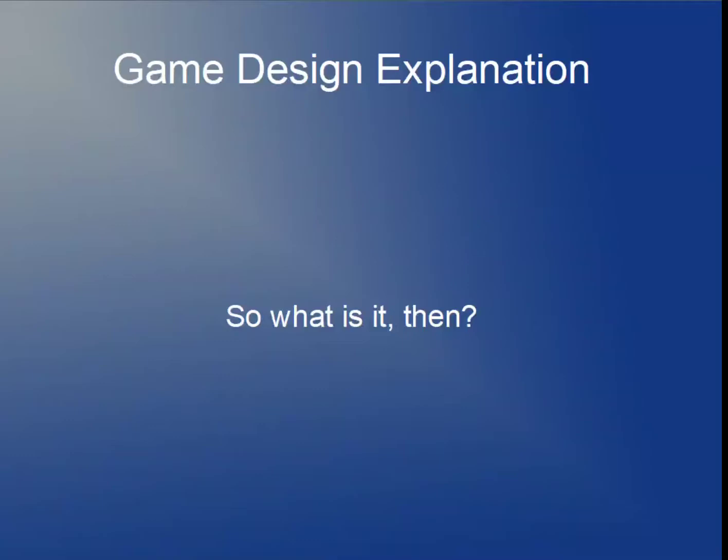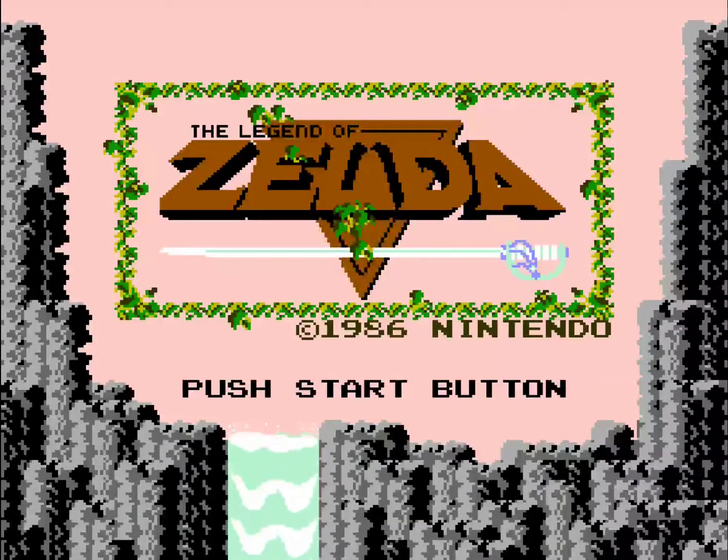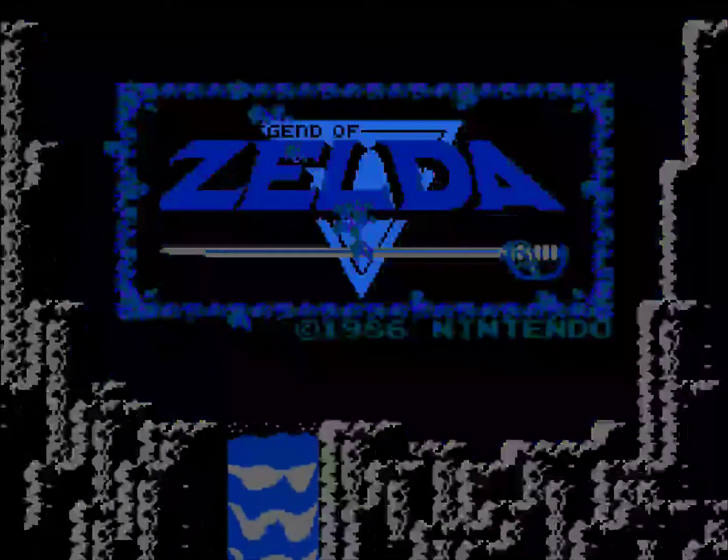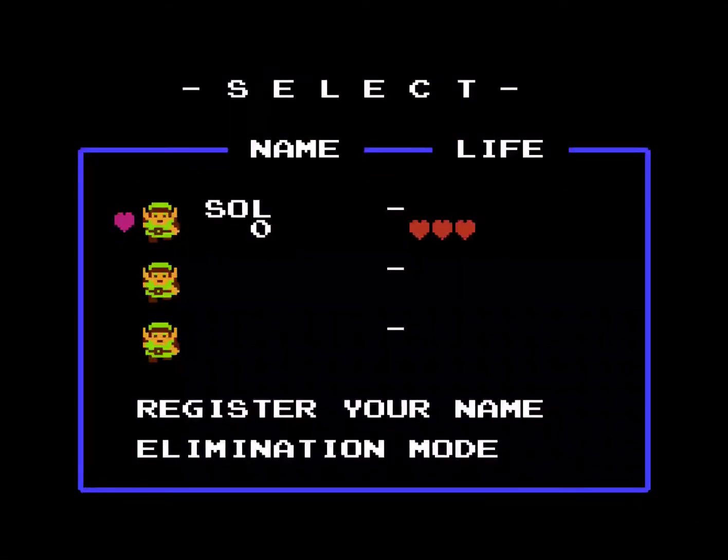So, what is game design? Let me show you. I'll swap to this, and we'll start with this. Welcome to the original Legend of Zelda. So everybody knows the story of this game, how it was inspired by Shigeru Miyamoto exploring